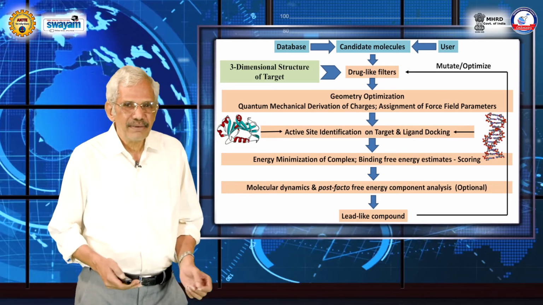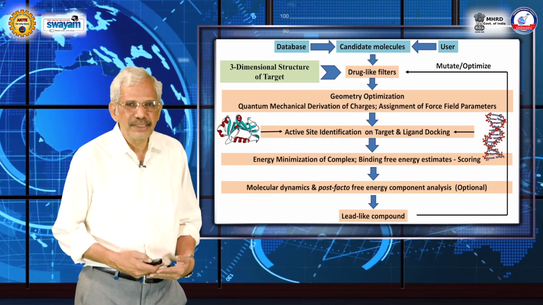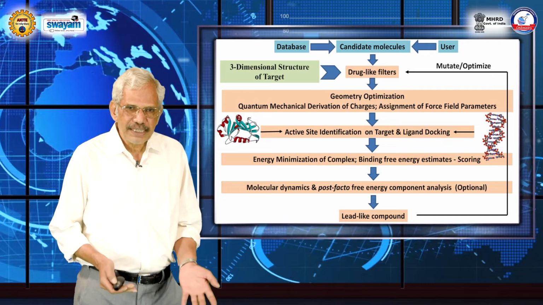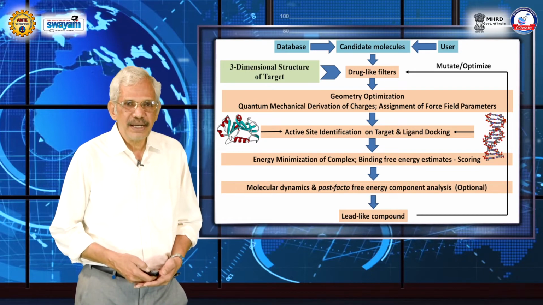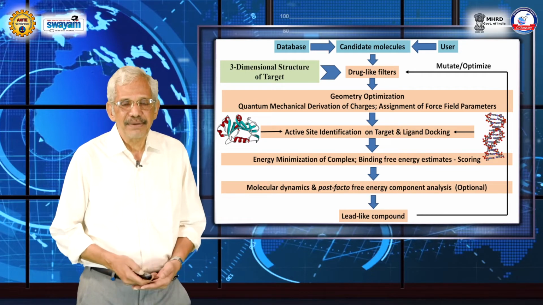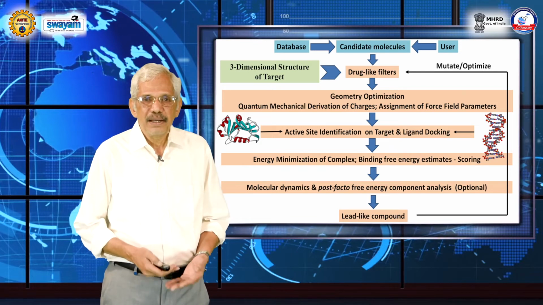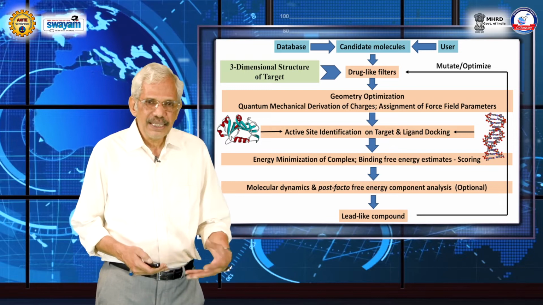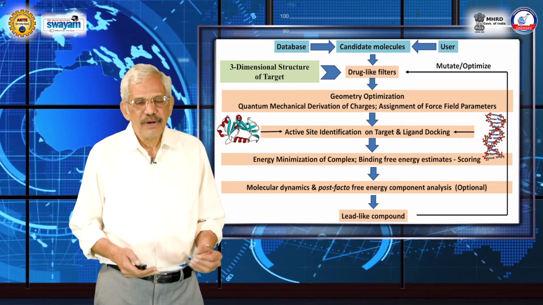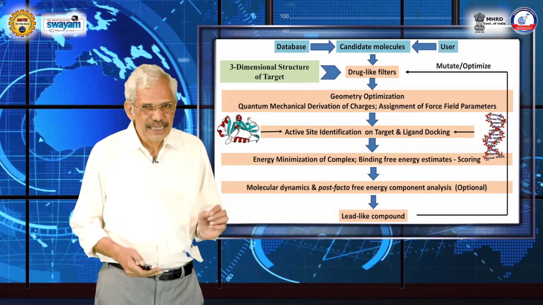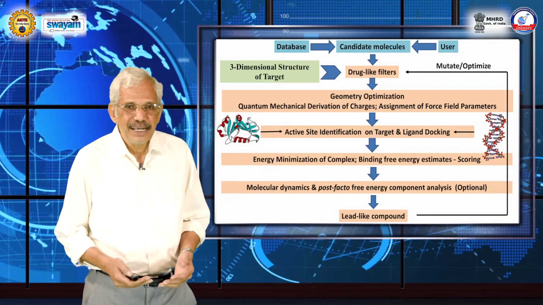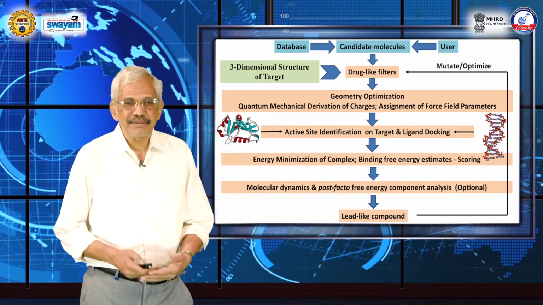Since you have drawn the molecule or you have adapted the molecule from a database, you may want to do a geometry optimization. Now there are force fields available, molecular mechanics force field, or you can also do quantum mechanical calculation and quantum mechanical optimization of the geometry, derivation of charges. All these will become important when you have to assign force field parameters such as delta plus, delta minus, those partial charges on the molecule that you have to assign to calculate the interaction subsequently.